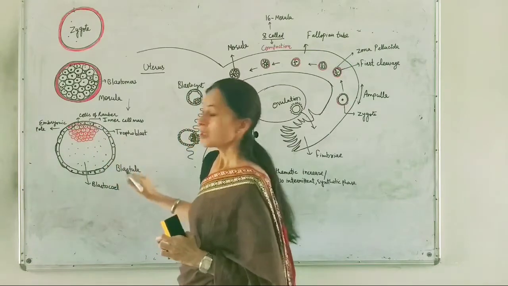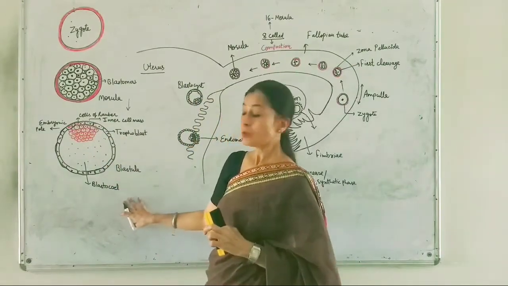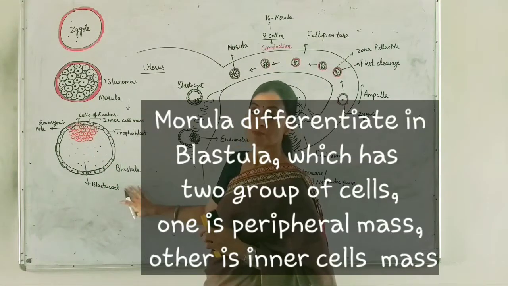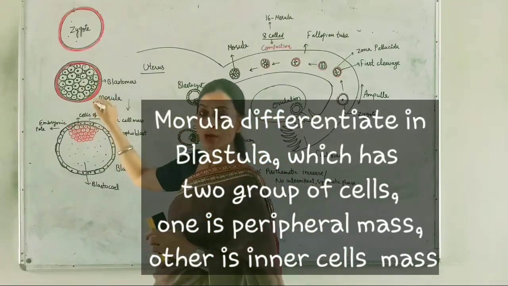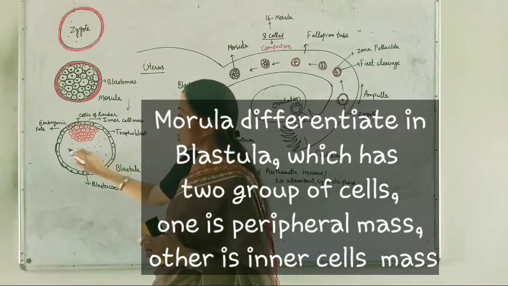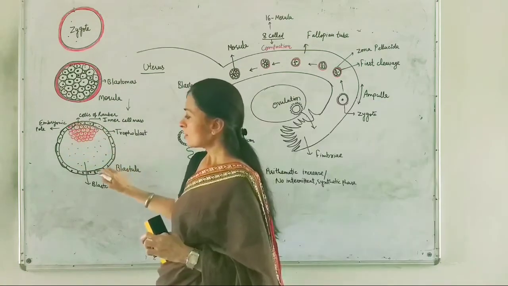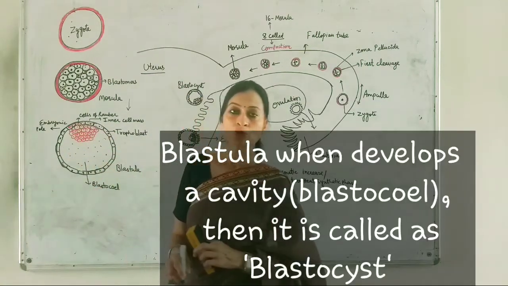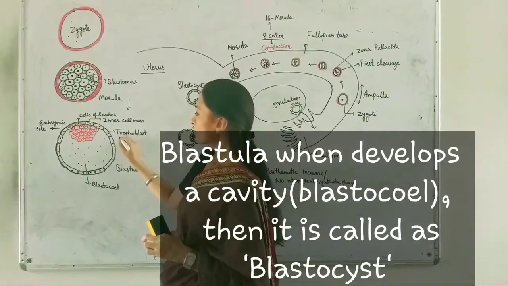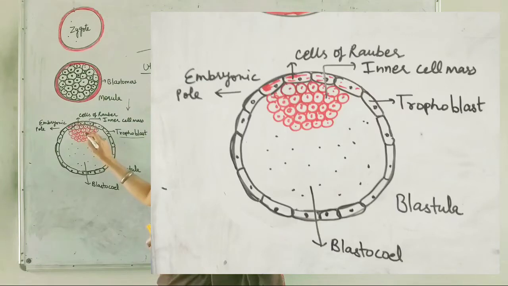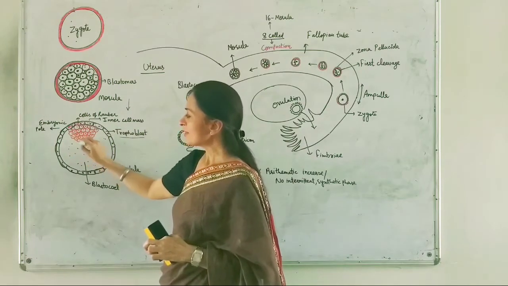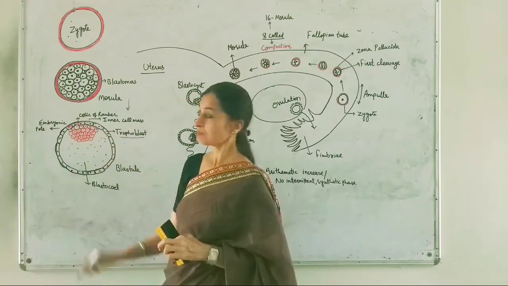This is the blastocyst stage. This blastocyst stage is having this morula converted into this structure. You can see that there is an outer layer of cells that is known as trophoblast. This is the trophoblast layer. This specialized cellular group which is arranged at a pole is known as inner cell mass, and there is a cavity formed in this cell.